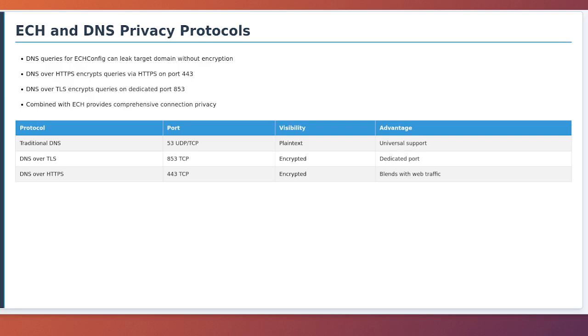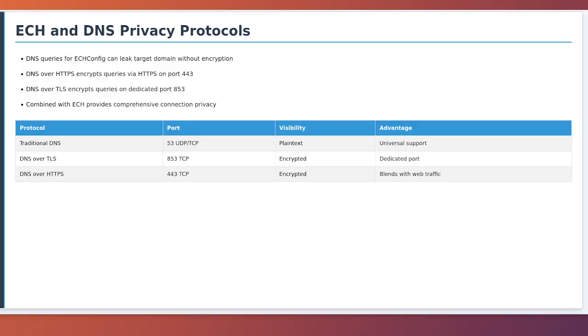DNS over HTTPS, or DOH, encrypts DNS queries by tunneling them through HTTPS connections to DNS resolvers. When a client uses DOH to query for HTTPS records containing ECH config, the DNS query itself is encrypted and authenticated, preventing network observers from seeing which domain's ECH configuration is being requested. DOH operates over port 443, making it indistinguishable from regular HTTPS traffic to network intermediaries. DNS over TLS, or DOT,